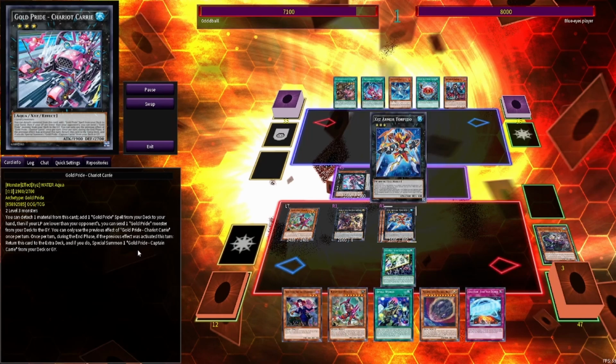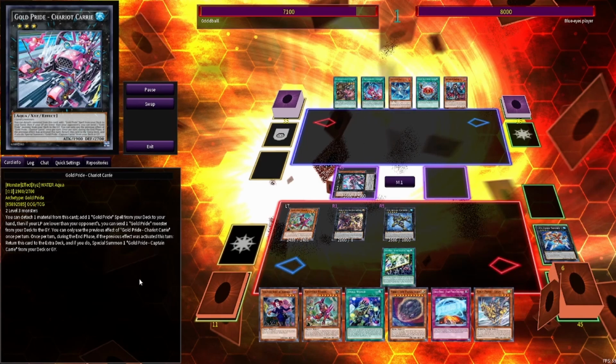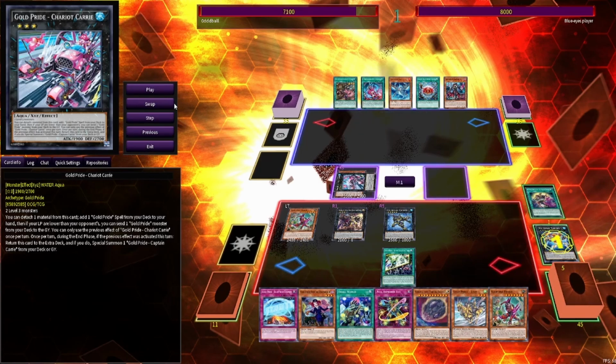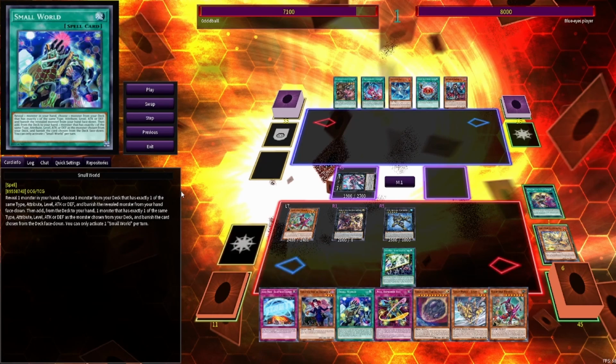But as you'll see, it doesn't end up mattering. And because we didn't need to use that Small World to search an extender, hang on. This is really bad. We drew Leon. We don't want to have Leon in hand. It's really frustrating. But yeah, because we didn't use Small World to search an extender, we can search a hand